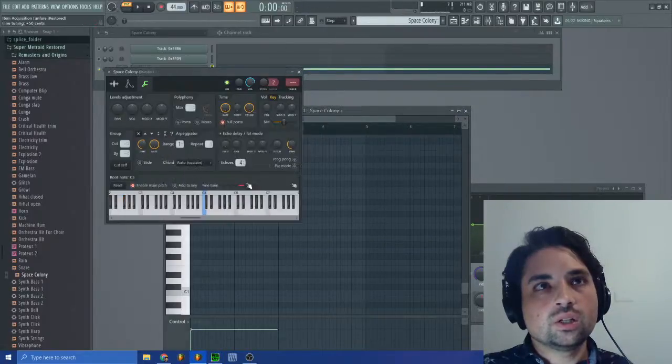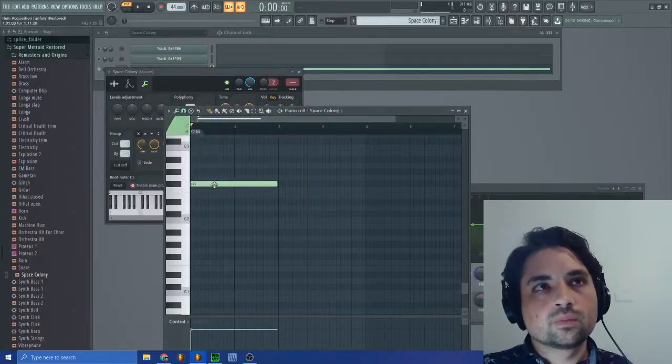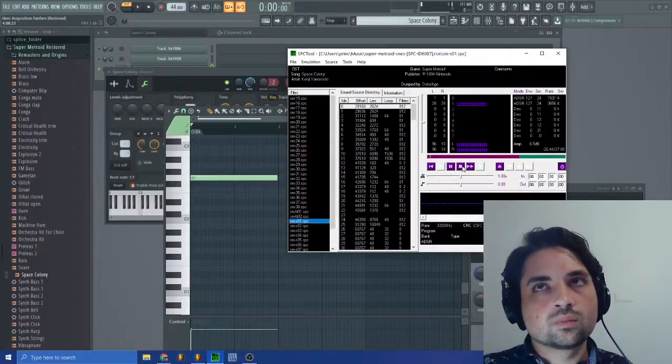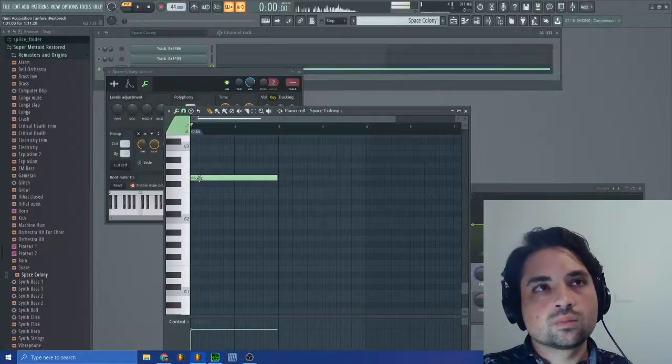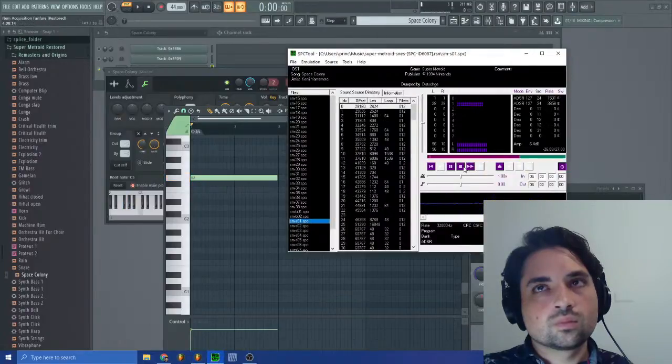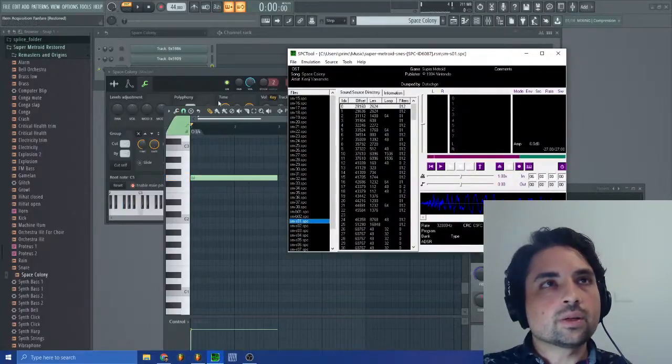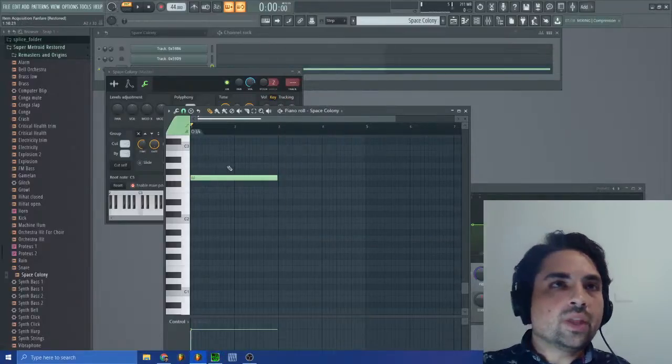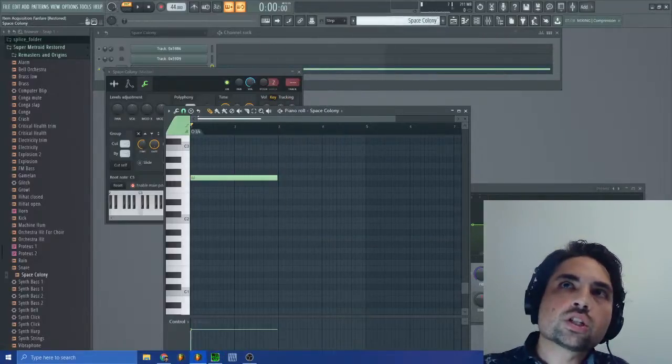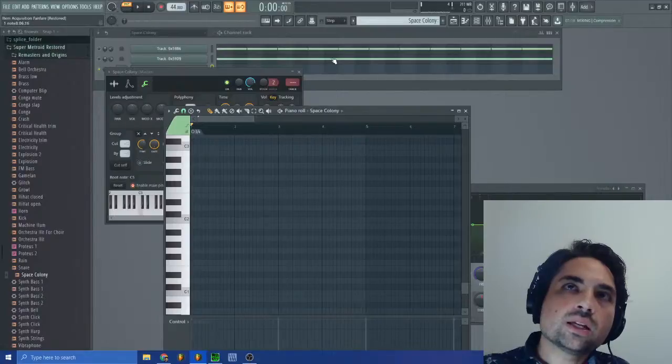A little bit higher. That's it right there. So that note was expressed in the MIDI as being